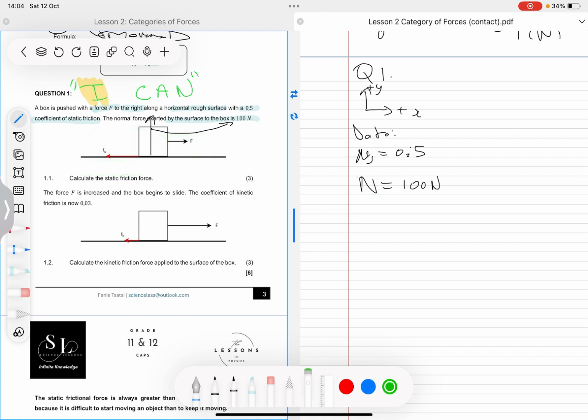They'll never give you situations where we deal with the static friction force being less than this formula, right? We'll always work with the one that is equal to the maximum. So this means that you can only work with the ones that are less if they give you that graph, or you have to interpret the graph or answer some questions on the graph, right? But for calculations, unless they tell you, it will always be the maximum static friction force, right? So that is part of us